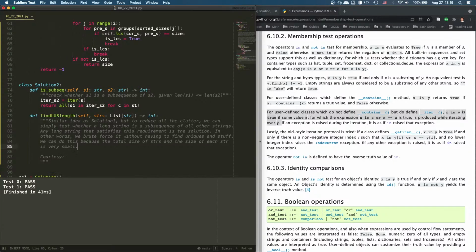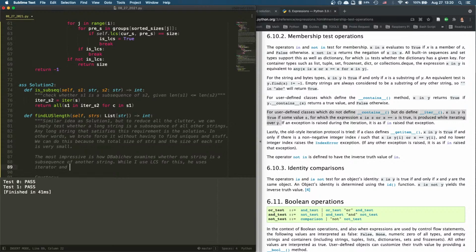Courtesy of Babichev, the most impressive part is how he examines whether one string is a subsequence of another string. That's like O(n) squared, but my solution is O(n) squared as well. This is much better. To check whether it's a subsequence of another string, I use LCS for this. He uses an iterator